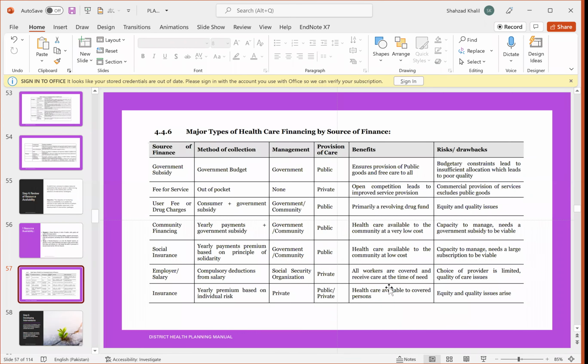These are the different types of healthcare financing by source of finance. You can see the sources of finance are government subsidy, fee for service, user fee, community finance, social insurance, employee salaries and insurance, and then the method of collection, the management, provision of care, benefits and